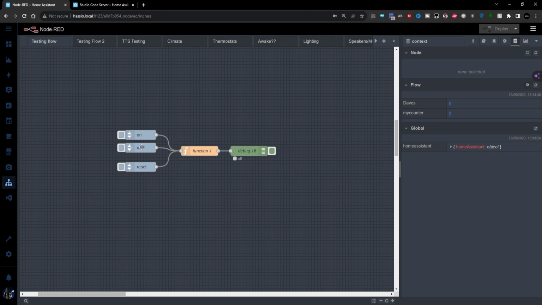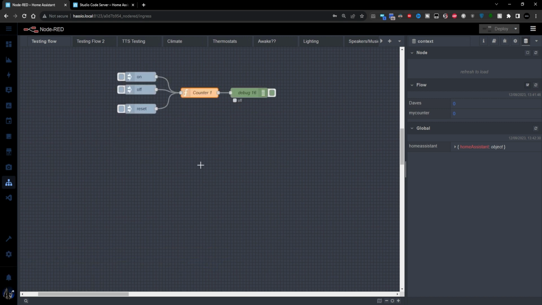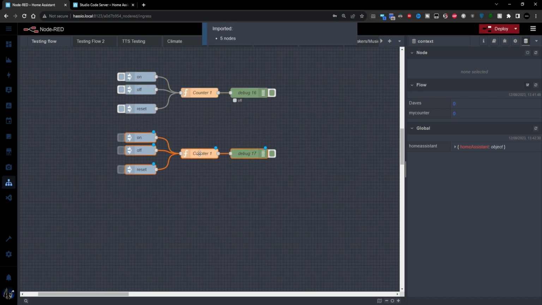So you can use this to count states of things or events happening and only give an output on a certain number of triggers. That's one made. Let's do a copy. So I'm just going to move it up a little bit. I'm going to hold down Shift and click any one of these nodes. It will select all of them. And I'm going to go Control-C, Control-V to copy and paste.